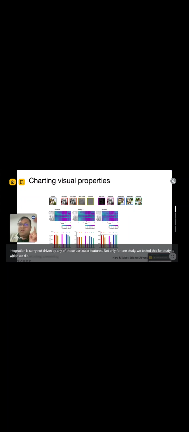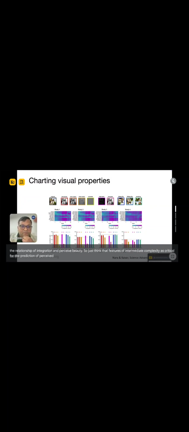Not only for one study, we tested this for study 2, study 3, and study 4, which was the OASIS database. This visual charting shows that both very basic visual features like color and luminance, and more high-level configuration properties, cannot account for the interrelationship of integration and perceived beauty, suggesting that features of intermediate complexity are critical for the